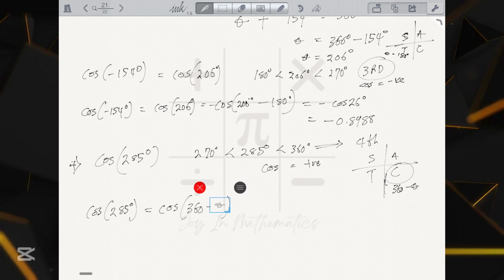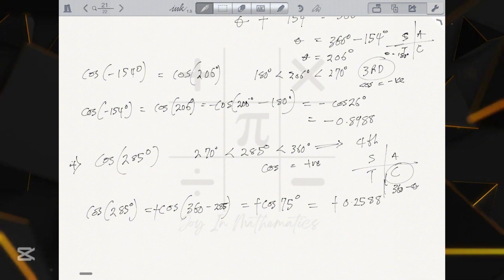Theta in this case is 285 and it is positive. So this will give us cos 75 degrees, positive,